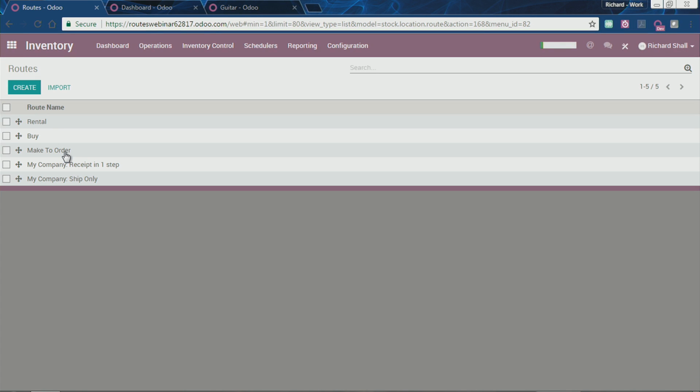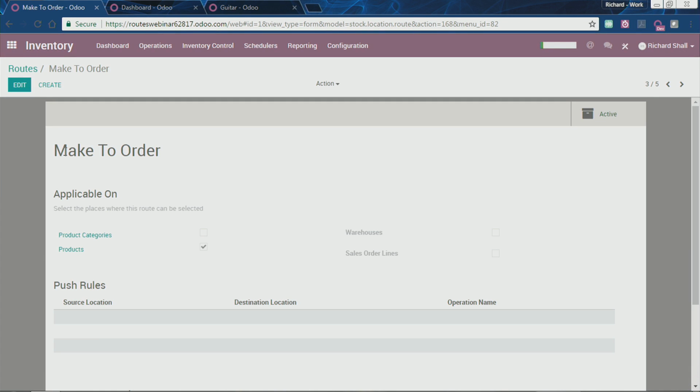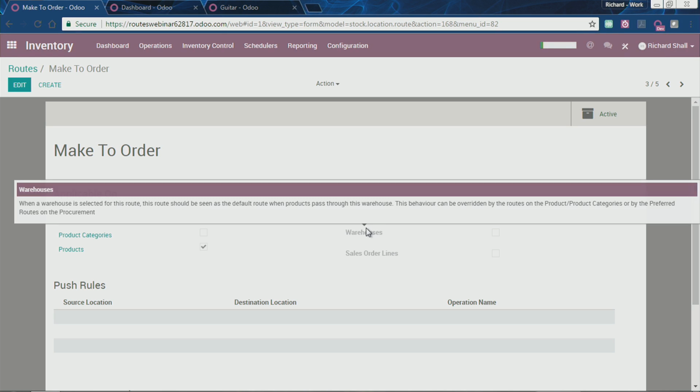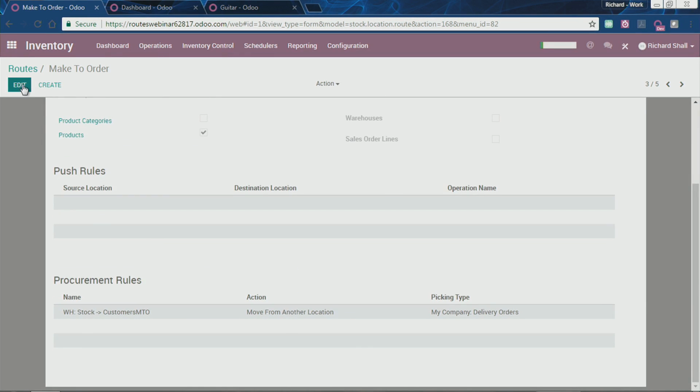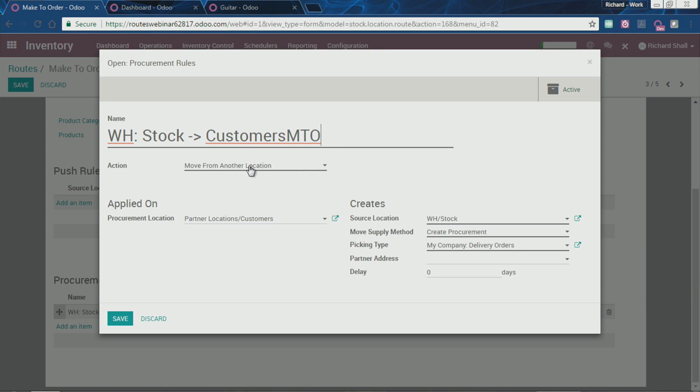you'll see make to order is automatically enabled when you install the purchase module. Make to order essentially is what you do when a demand comes in for this product, and usually it comes from the customer. It's more of an on-demand style approach. And it's specified on the product specifically, not on the warehouse, unless you want to modify it to be the warehouse or the product category itself or a slew of products. However, in most cases, it's by product. And if we open up the procurement rule,